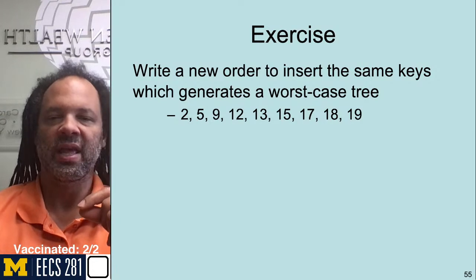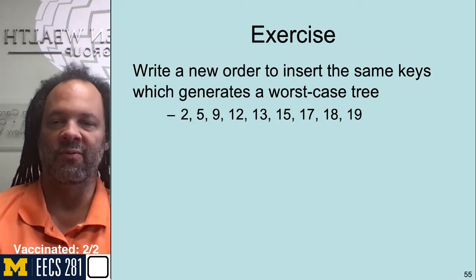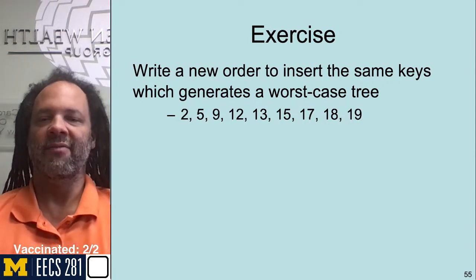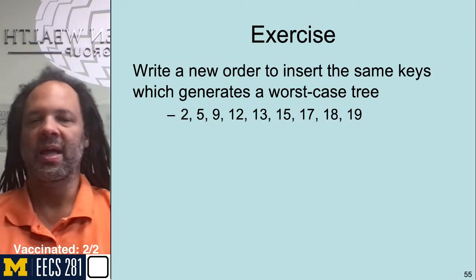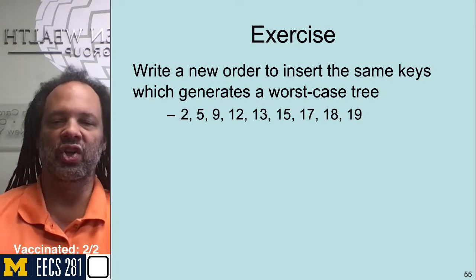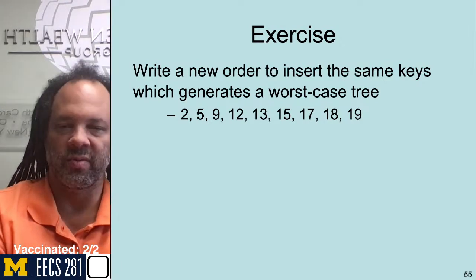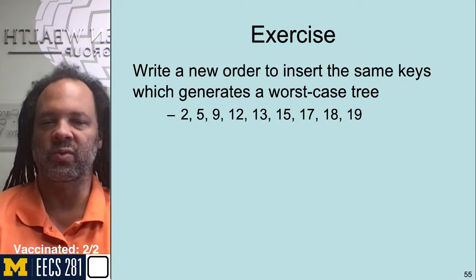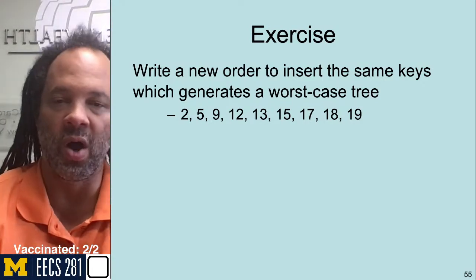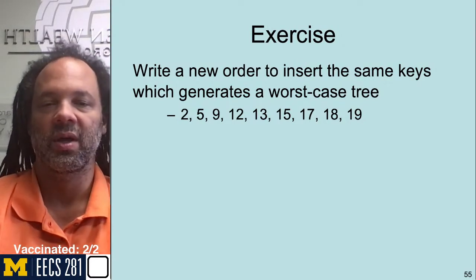At every insertion, if I can insert the largest remaining item, I'm sure to go down without forking. If I can insert the smallest remaining item, I'm sure to go down without forking. So at every decision I have, I can take the largest remaining or the smallest remaining. I can do that n-1 times. So I end up with 2 to the n-1 different trees, because